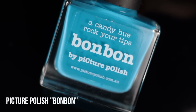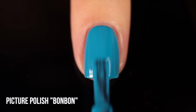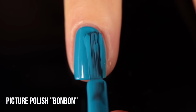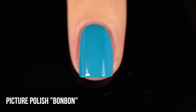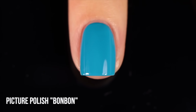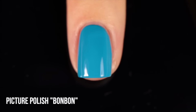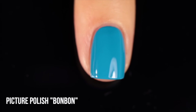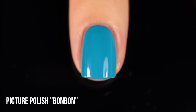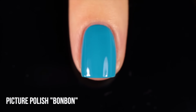Then we've got Picture Polish Bonbon. I believe this is a retired shade, but if you have it and you've forgotten about it, you definitely need to remember this one because it is one of my favorite Picture Polish shades of all time. It's just this gorgeous medium sky blue kind of color, and this one actually is a one coater on me. I do usually wear it in two just to make it feel like a full manicure, but I feel like the color is just so summery and bright,